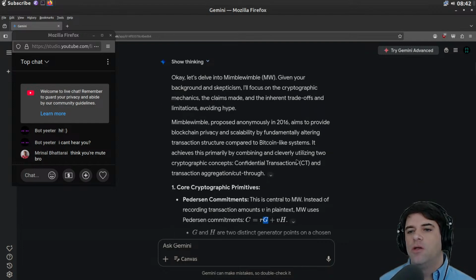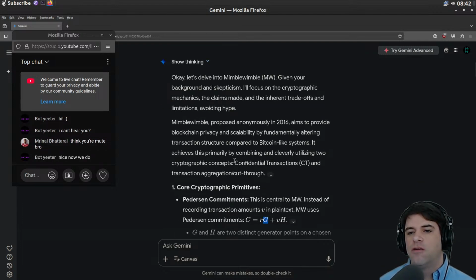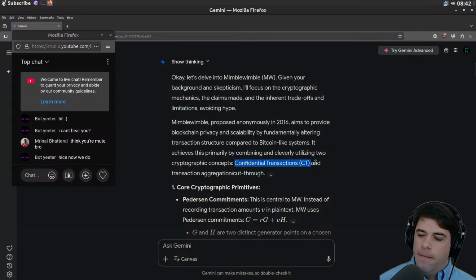So MimbleWimble is going to do a couple of things. It's got confidential transactions. Bitcoin is the classic cryptocurrency, and it has pseudonymous transactions. So you can often track people across the Bitcoin blockchain, and if you are able to de-anonymize one of their, or ideally a few of their addresses, you can learn a lot about their spending, and that happens in probably criminal court cases, possibly divorce cases if a lot of money is on the line.